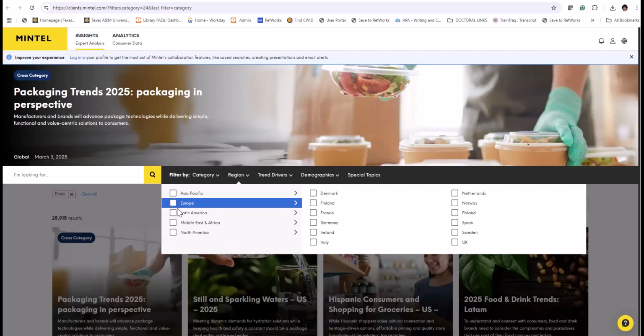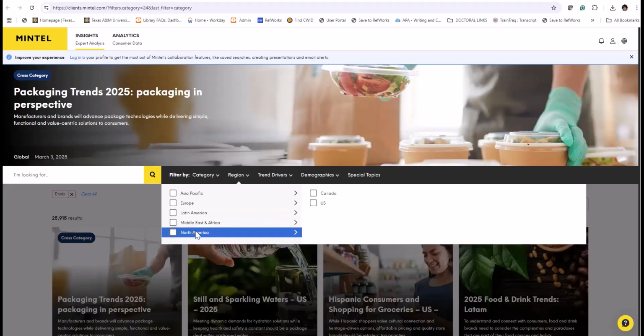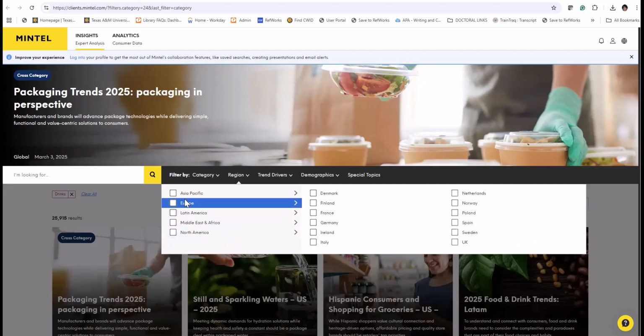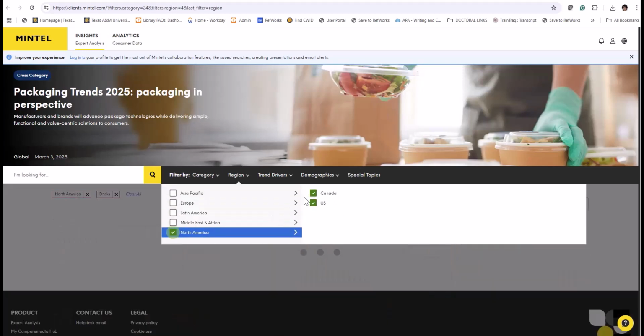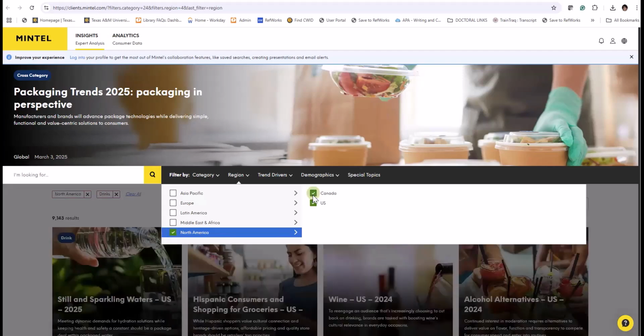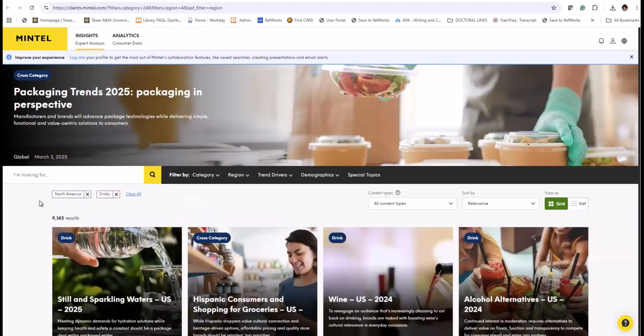For example, if I click on Europe, it gives me all countries in Europe. If I click on North America, it gives me Canada and US. And Asia is the same. So I'm going to do North America. If I want to exclude Canada, I do this. If not, I just do this. Okay, click within Canada. So I'm going to keep this, and then it is here.